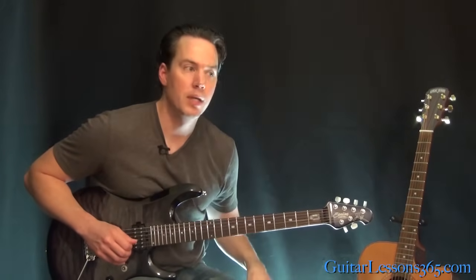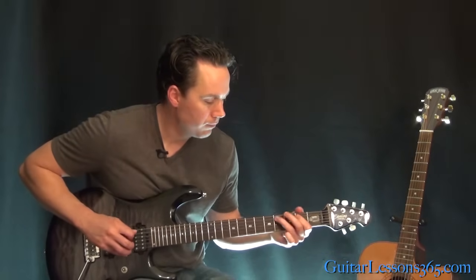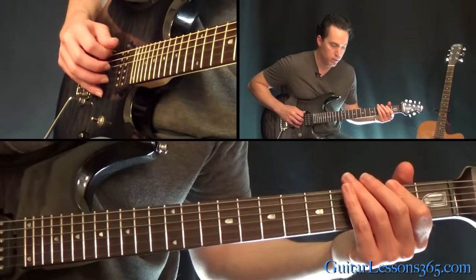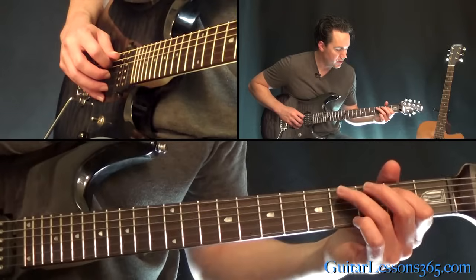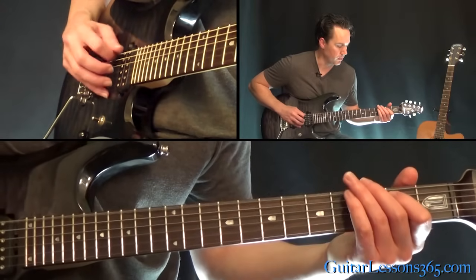All right, now when it's leaving the solo, it changes up that little rhythm. So that's at 0-2 again, then 2-2, back to 0-2, and then hammer 2 to 4 on the A, and then play that 2. So we have,